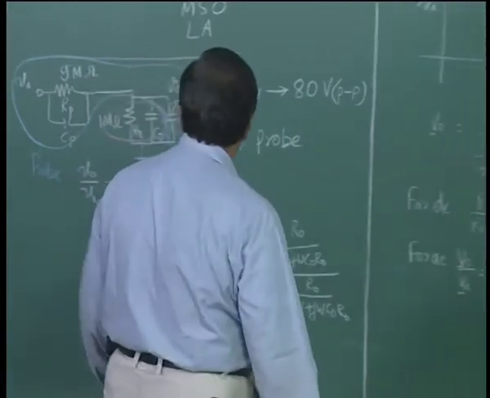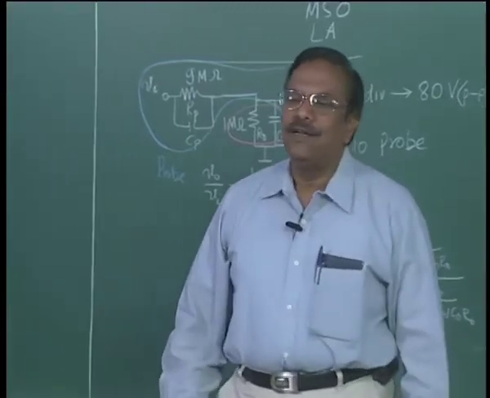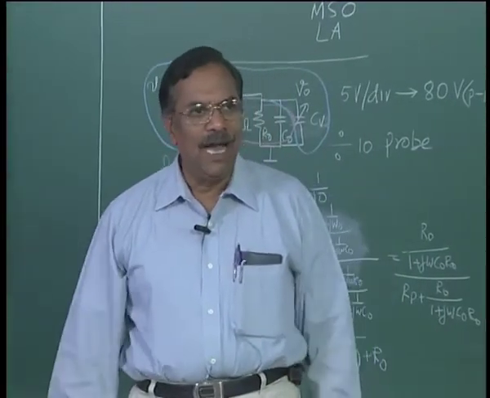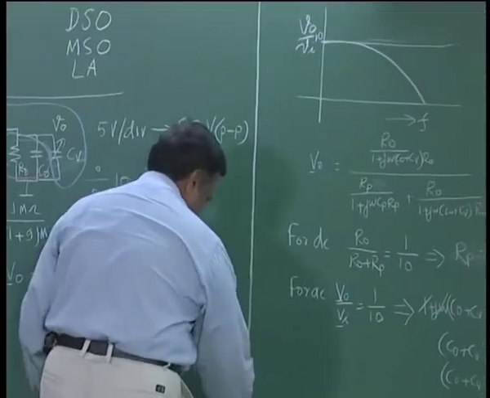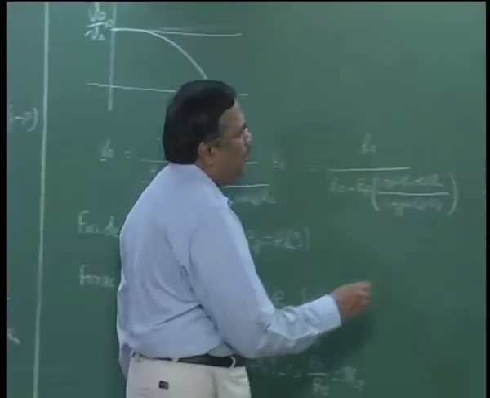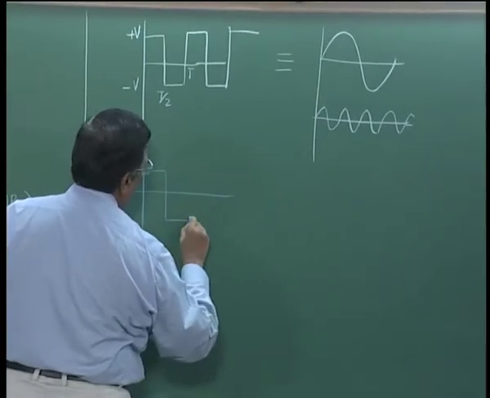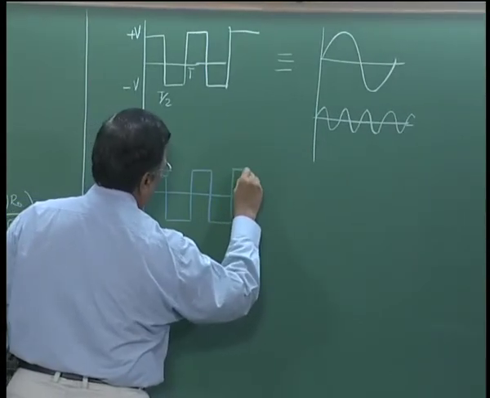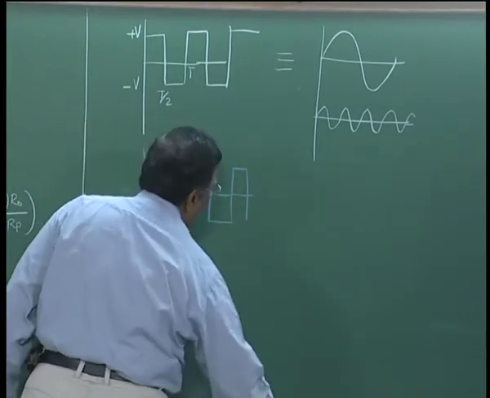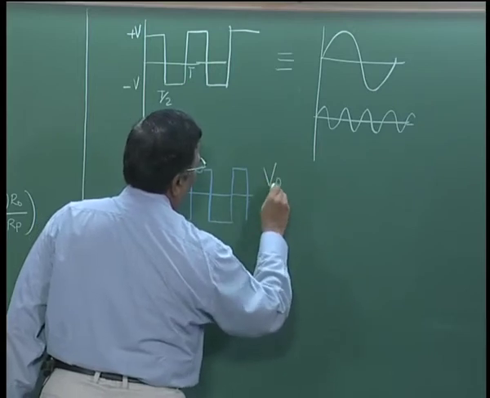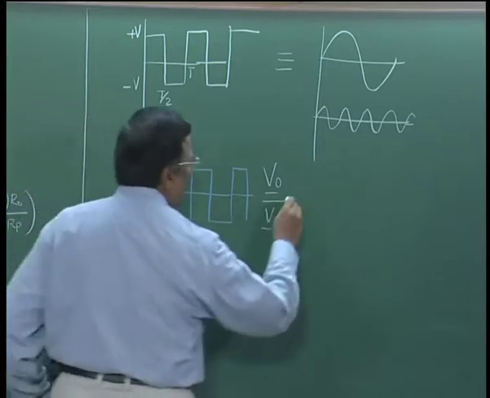Now, if I connect this to the probe, if all harmonics are faithfully reproduced on the oscilloscope, I will get a square wave, right. If I look at it, I will get the same square wave if the condition V naught phasor by V I phasor, irrespective of omega, is equal to 1/10,